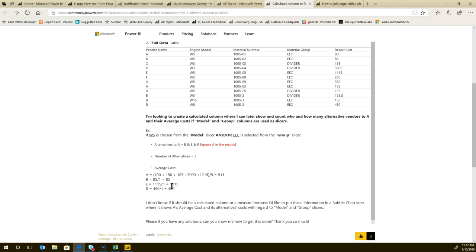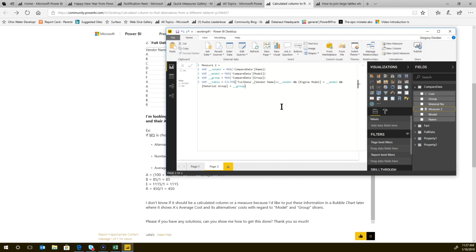So B equals that, E equals this, R equals that. Alternatives are B, E, R. Number of alternatives is 3, the average cost 85, 115. Well, see, the problem with that is going to be, I can give him his average cost for everybody. Our vendor average equals average X